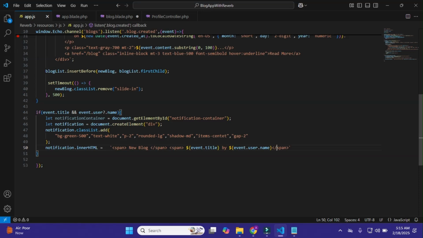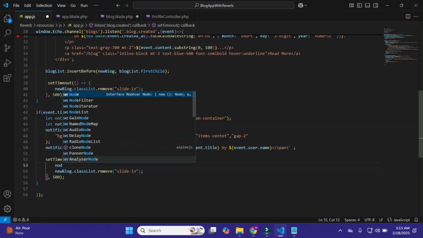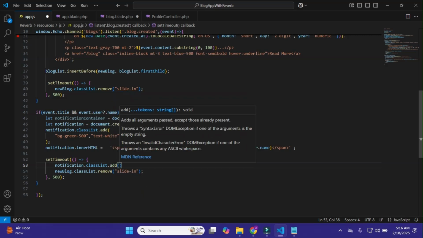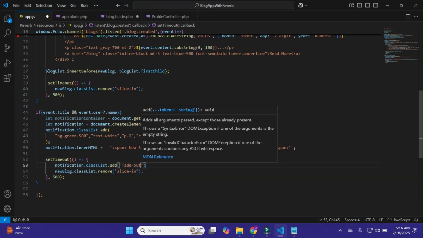So we just simply do this, and here I'll just simply close it like this, and now I'll just simply copy it, paste it here, and setTimeout, and within it notification.classList.add, and within it I'll just simply make it fade-out.